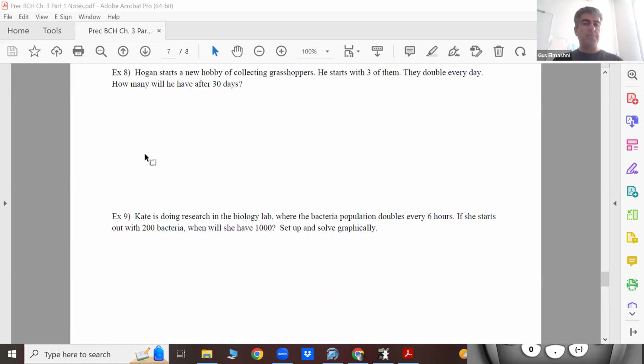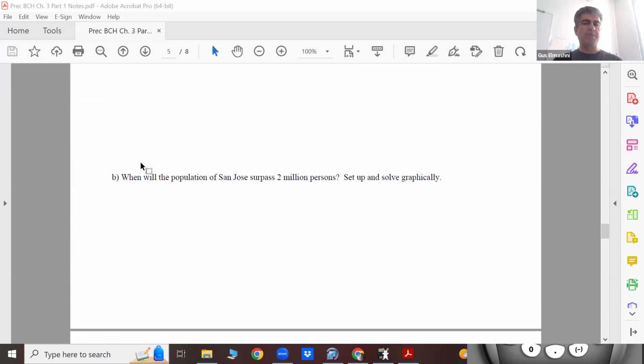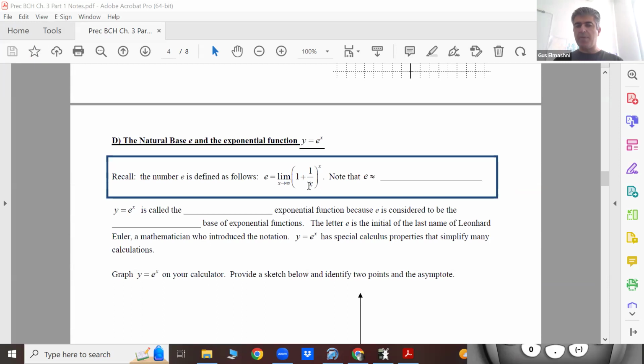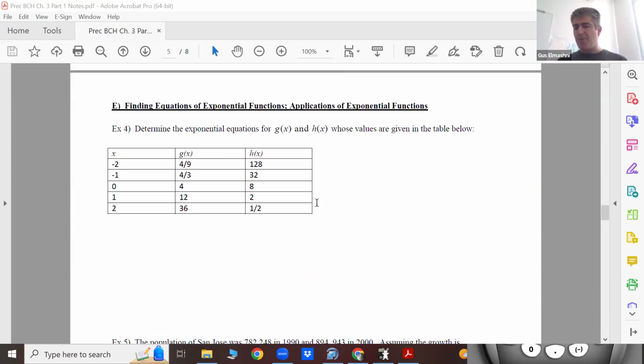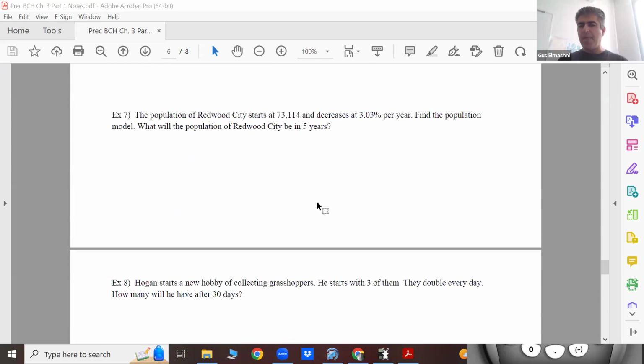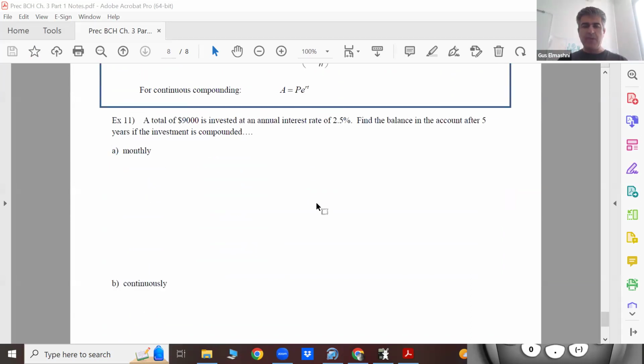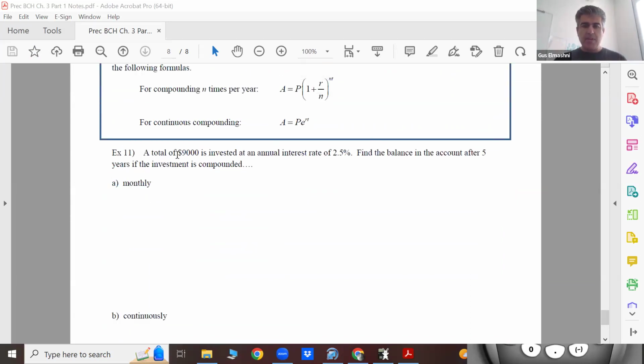Right, but as an expression, it was 1 + 1 over x raised to the x power over here. So it's kind of a trade-off because n is on the bottom of that fraction, but it's also an exponent too. So it's a bit of a trade-off, right? Like, n's getting really large, so the base is getting smaller, but the exponent's getting bigger, right? So ultimately, there's a convergence. So the difference is not going to be that much between these two types of calculations. So for example, let's invest our money continuously and